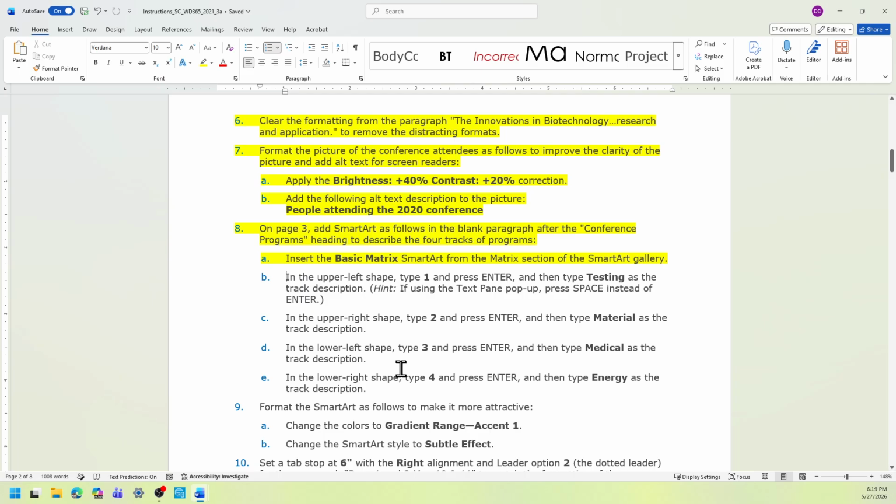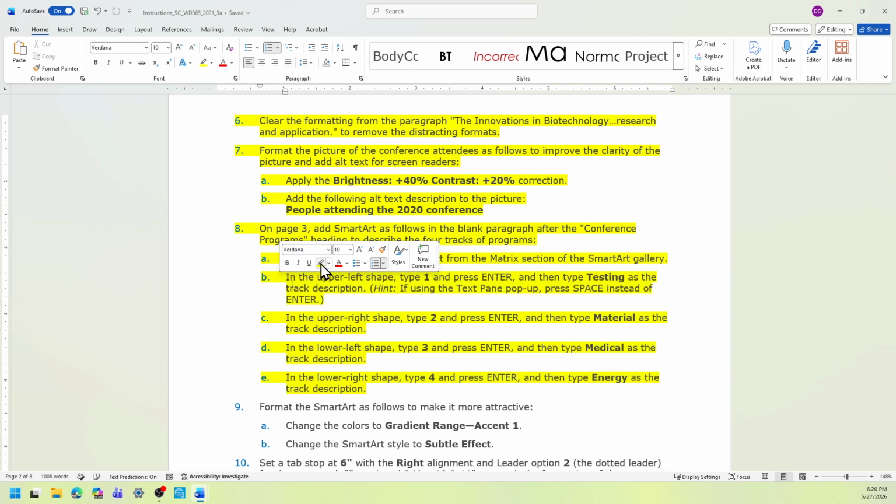And then in the lower left shape, type 3, and then press enter, and then type medical. And then in the bottom right shape, type 4, and then press enter, and then type energy.